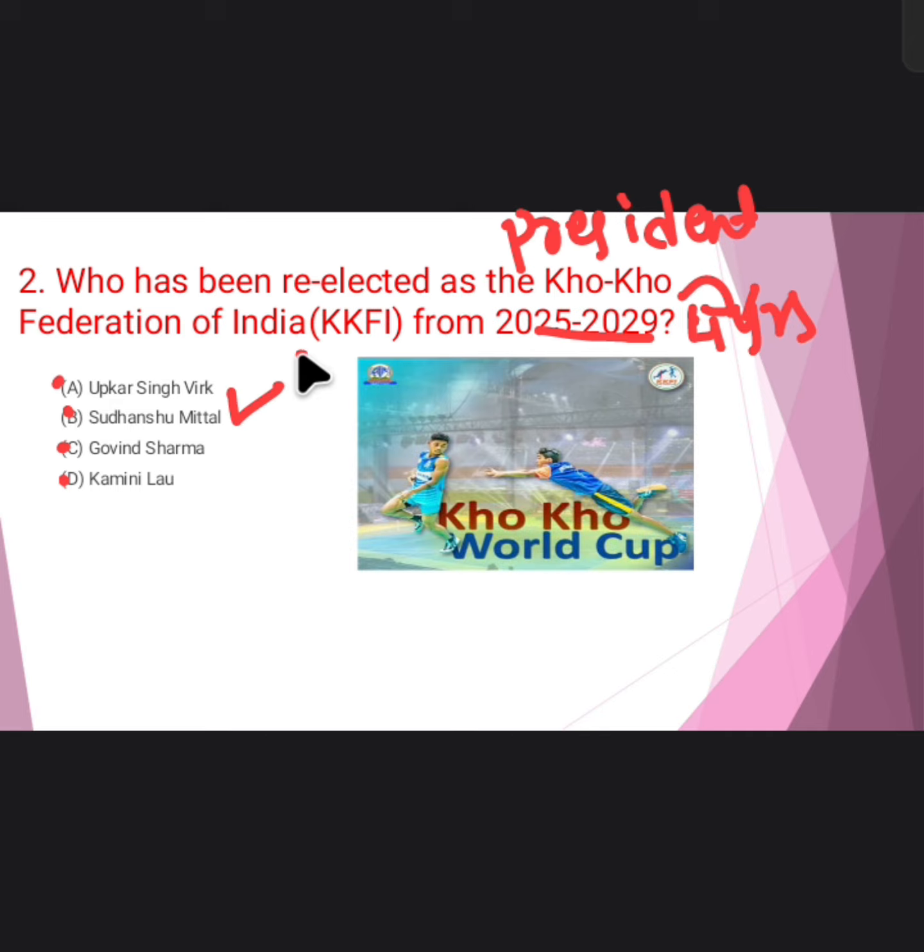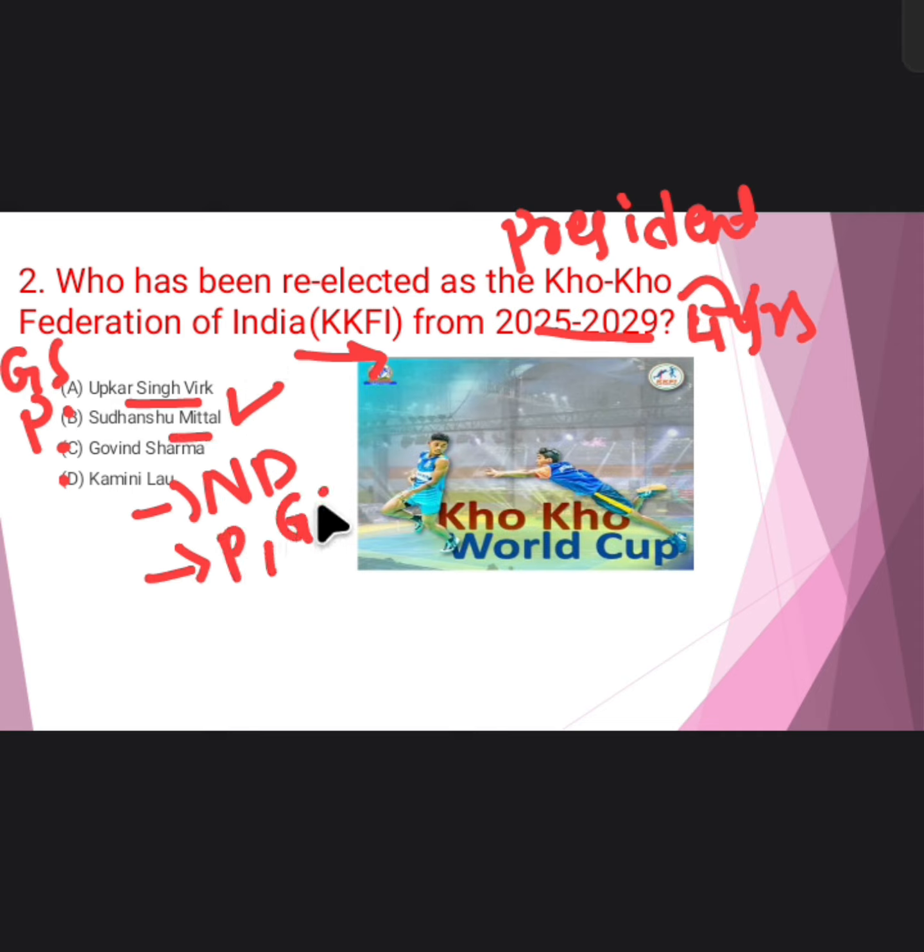And talking about Kho Kho Federation of India, this is located in New Delhi. The president of this Kho Kho Federation of India is Sudhanshu Mittal, and General Secretary is Upkar Singh Virk. He is also elected as General Secretary for this Federation along with Sudhanshu Mittal. So we learned about President and General Secretary. This Kho Kho Federation of India has hosted the first edition of Kho Kho World Cup,